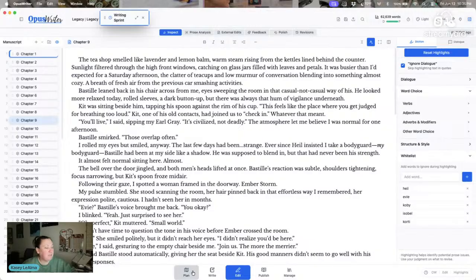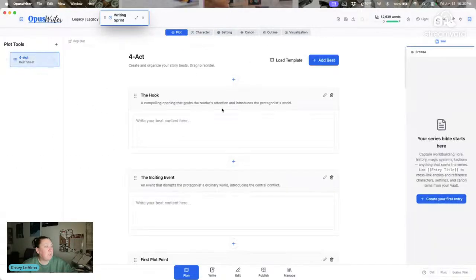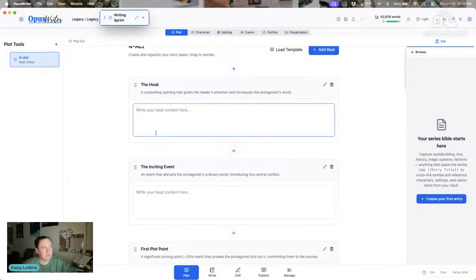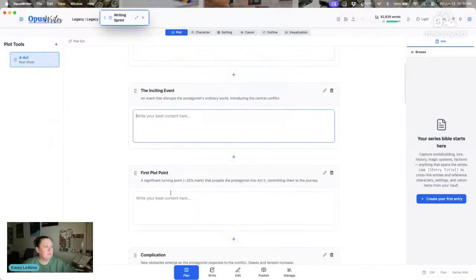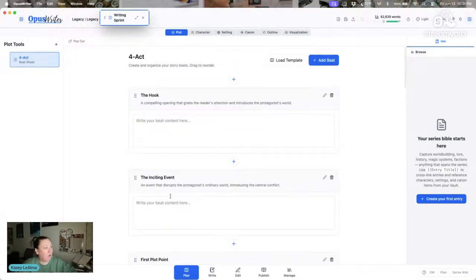So it has these tabs at the bottom. The first tab is for planning, and so you have sections up here that are in your planning section. So you have your plot, and you can add in different plotting tools. You can add in beat sheets. So this is the 4-act structure that I just loaded this template in, and then I can go through and write in my description for the hook, the inciting incident, the first plot point, the complication, the first pinch point. I can add in all of those